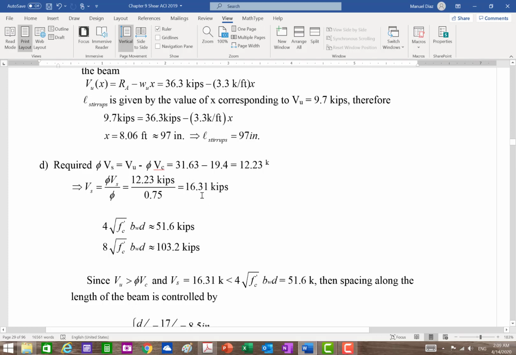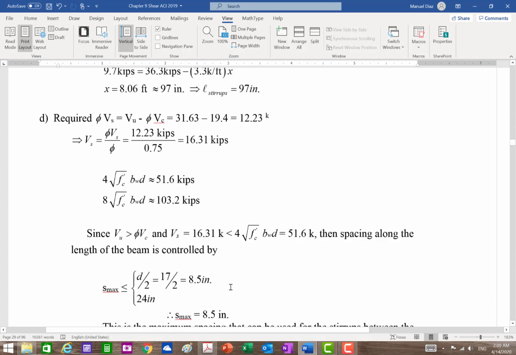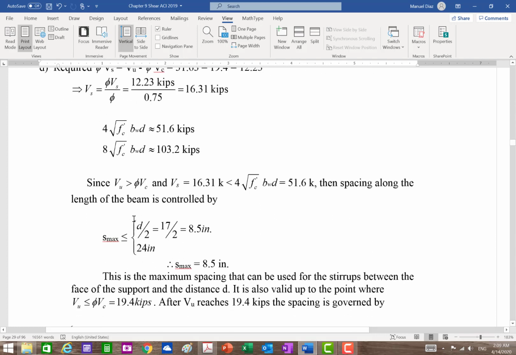Then we compare this number against the 4 and the 8, right? And we decide where we are. In this case, we are below, and therefore my maximum is limited to these values, which gives me 8.5. Okay? So that means that within the distance d and all that, I can use 8.5. Now, as I go down